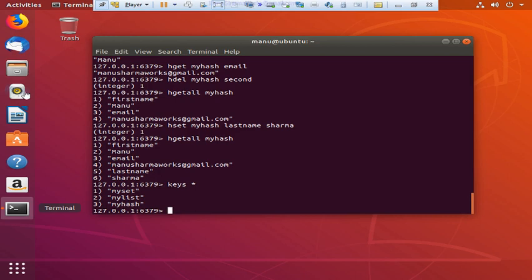So let's cover that part also. Sorted set is similar to set, but it has some score attached to each member. So how can we add? ZADD